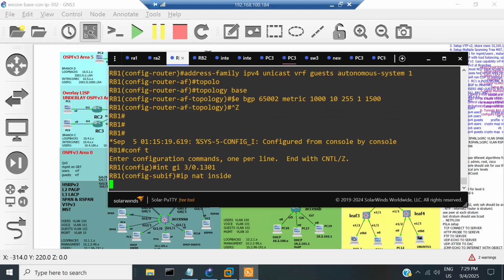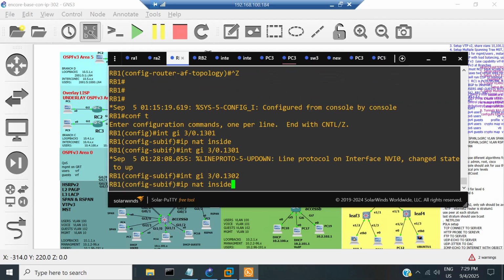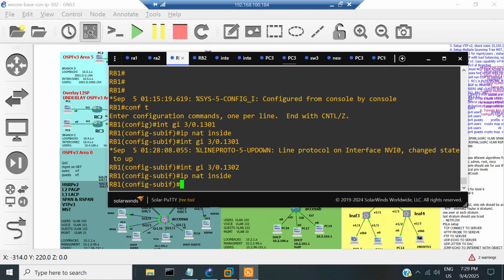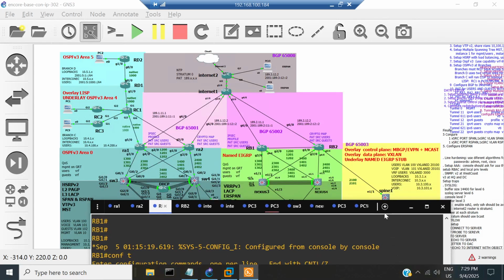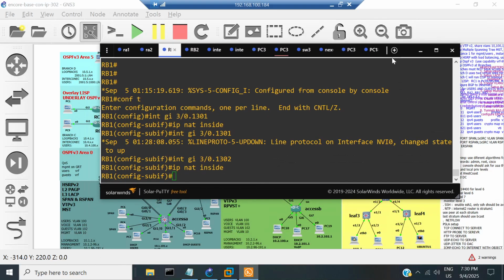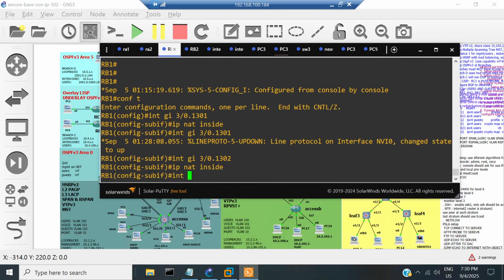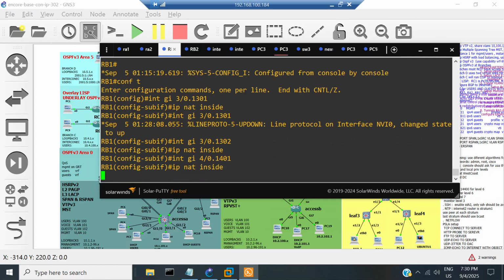Now the subinterface for the guest VRF will be this. Remember that we are using path virtualization, so that is why we have so many subinterfaces. And for gigabit 40 will be 1401 and 1402. So let's go for gigabit 40, 1401. This will be NAT inside,